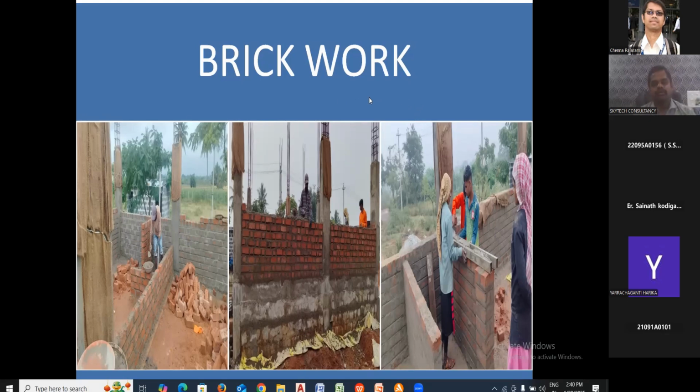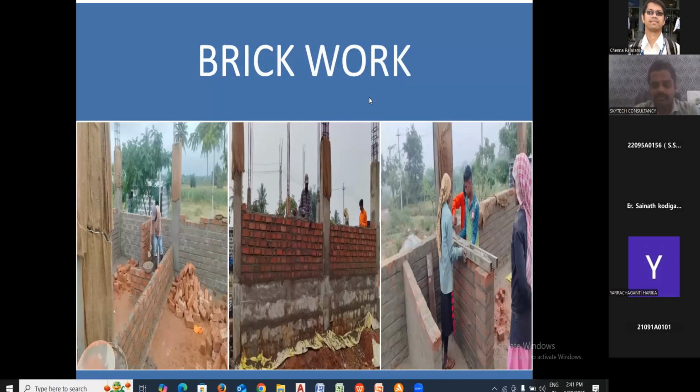And in the third pic, why is it placed? We place it at the site to avoid the cracks. Nowadays, cracks are quite common in construction sites. There may be a lot of reasons for them, at the sill level or in the construction of the bricks. To avoid the cracks, in the third pic on the screen, we can clearly observe the coping concrete being done